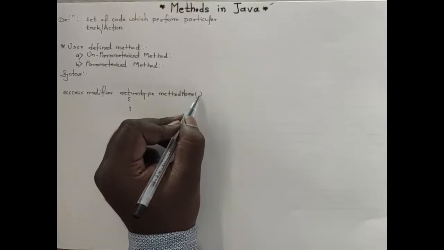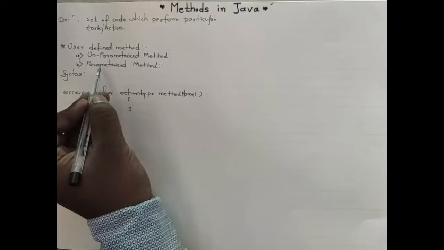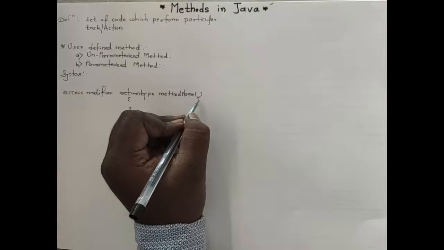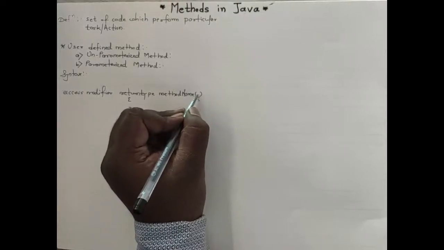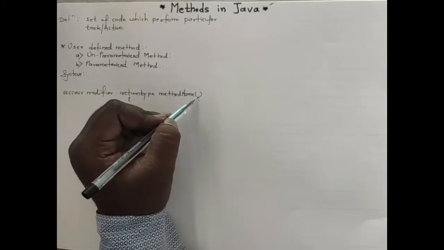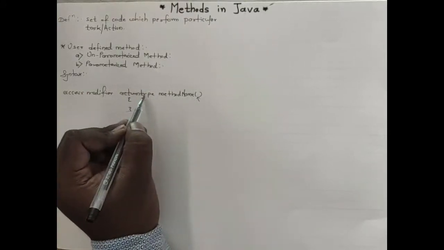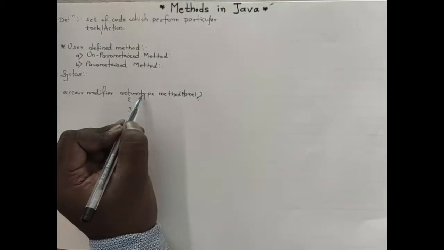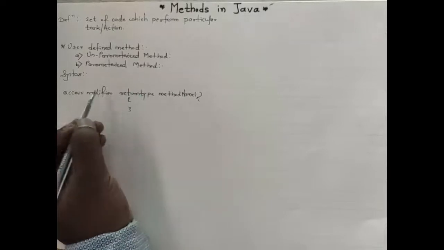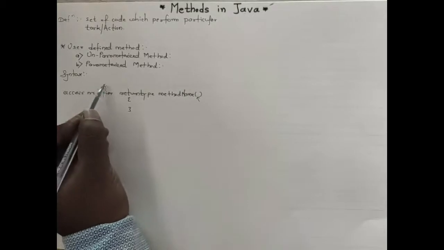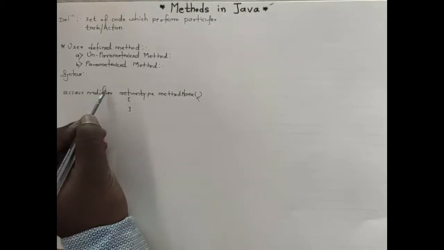This one is called the parenthesis. So in case of parameterized, inside this parenthesis we are passing a parameter. If we pass a parameter inside that parenthesis, that one is called a parameterized method. And for the return type we have void or a data type or a class name. We can return any one here. Access modifier, we have 4 access modifiers with us. If we do not use any access modifier, in that case Java considers default as the access modifier.